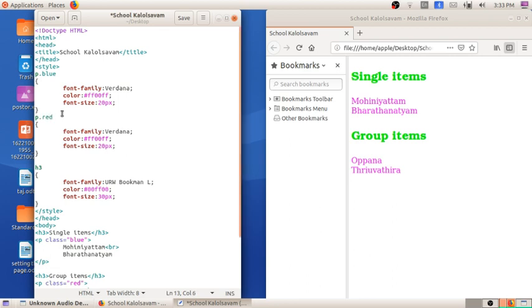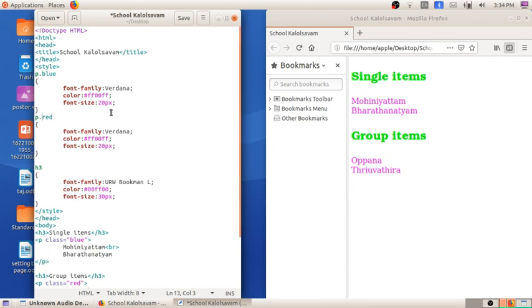The second class is red. Also here they have given the font family as the same.